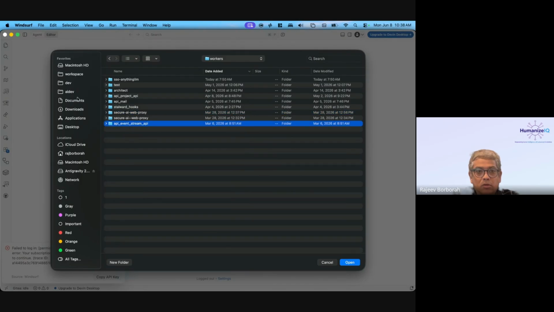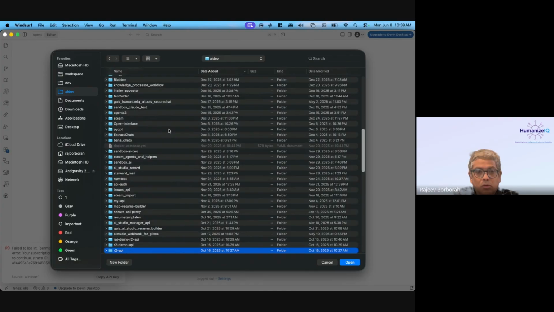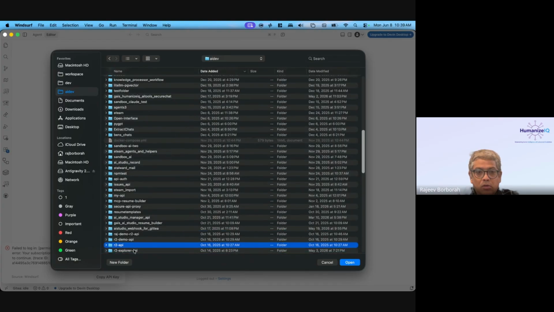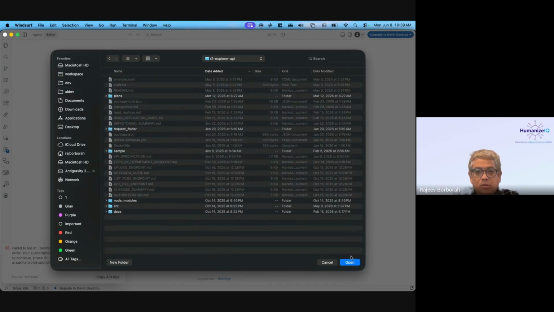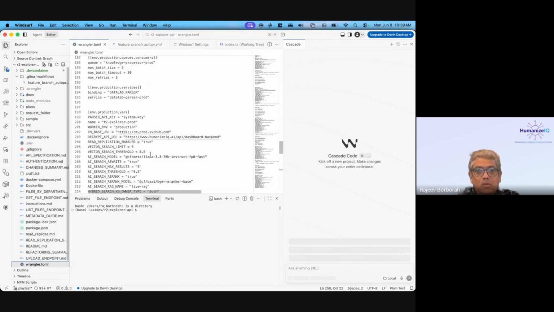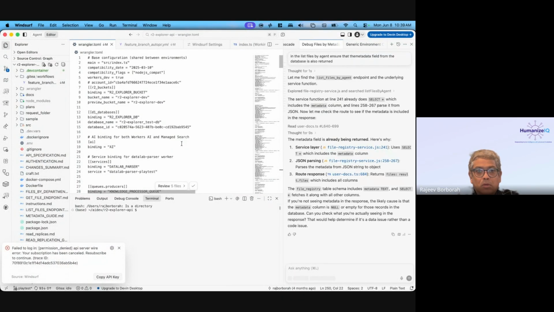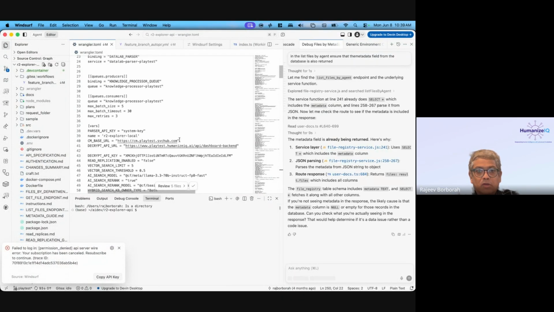Not there. Okay. There it is, R2, R2 Explorer. Okay. Open. Let me see if I can find it. Okay, this is the key.